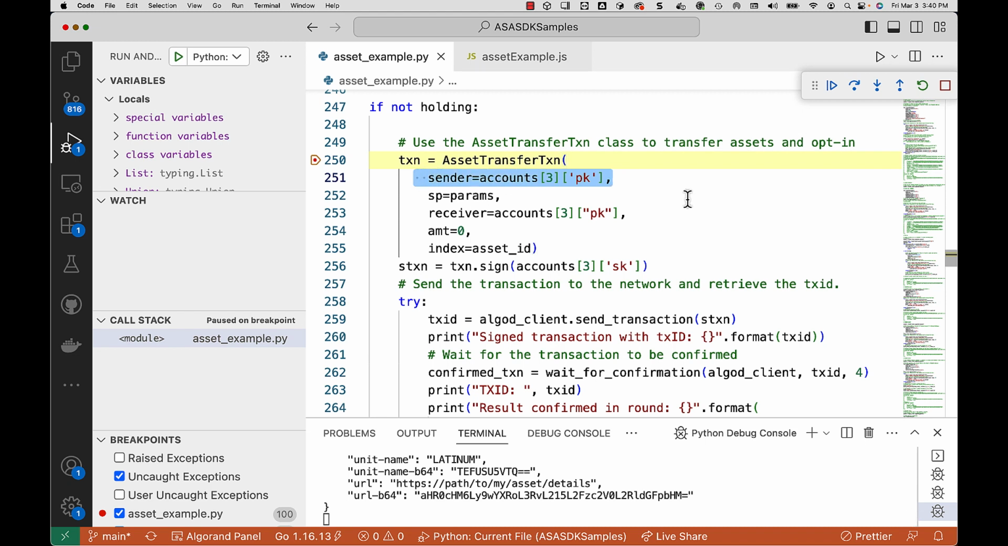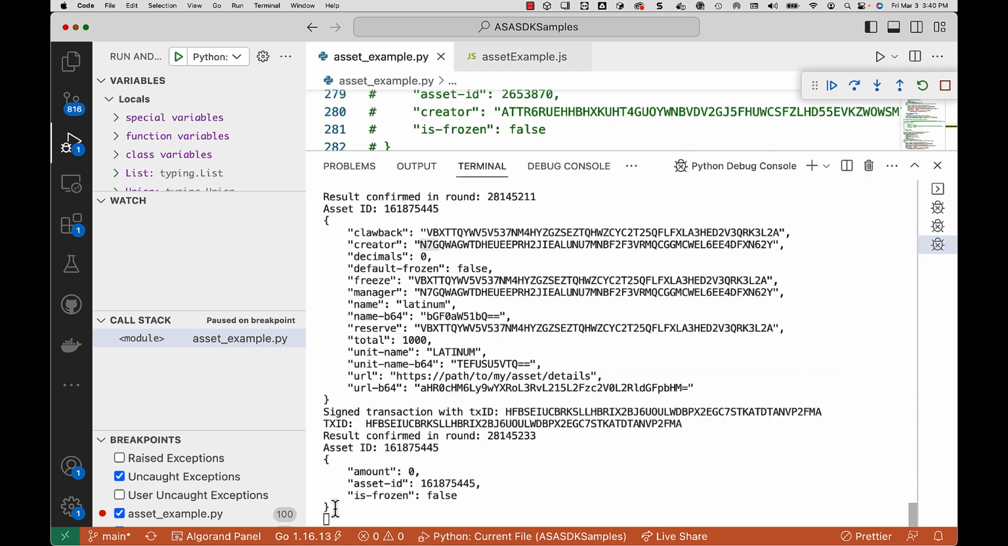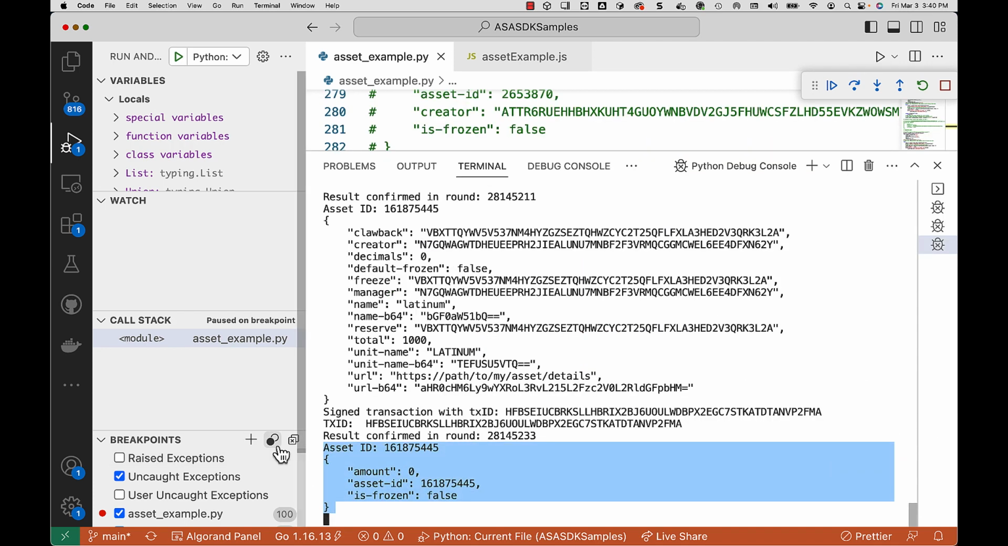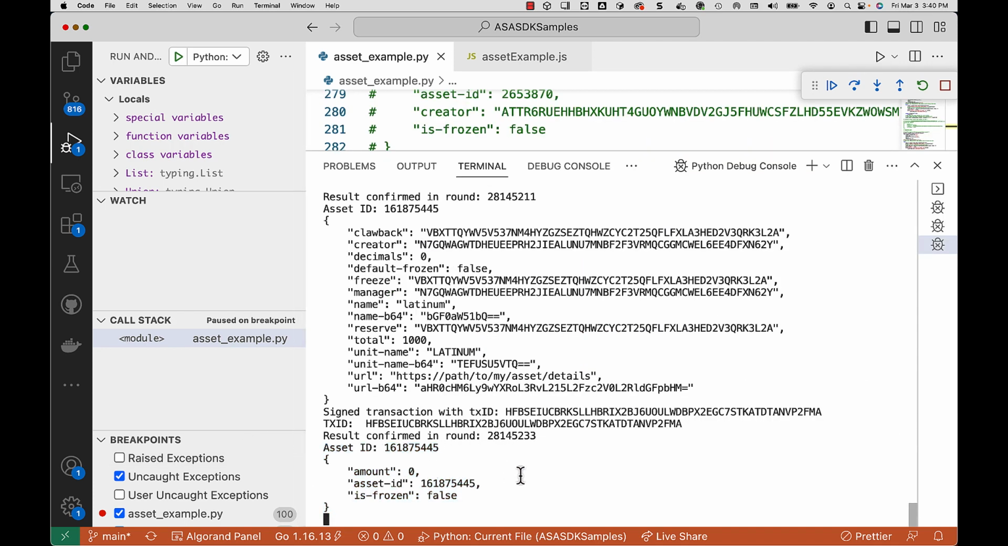So this means that the sender is going to be account 3, the receiver is going to be account 3, and we're simply going to send an amount of 0. And we're always going to be passing in the asset ID as part of all of these calls now. Okay, now you can see the asset ID withholding. The amount is going to be 0, and this is for the account that has just